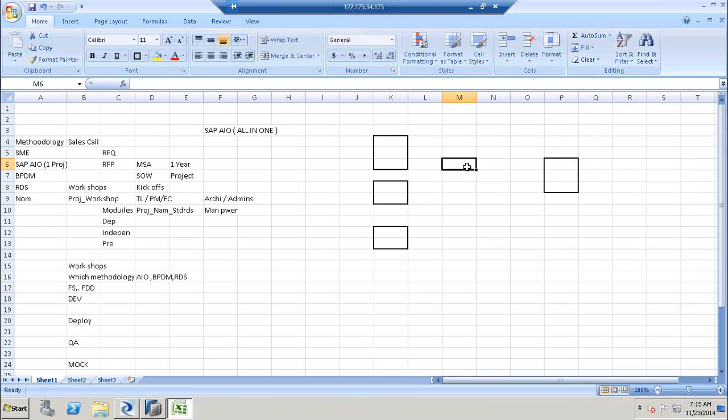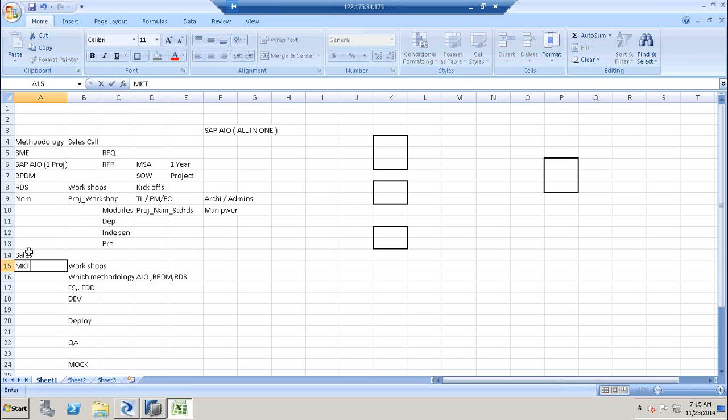Yeah, it's Bhargav. Now, based on the customer's project size, we will decide on which methodology, and per module here we call that an object. So we'll not call that a module, but we call this an object. So if it is a big project, we divide that into different streams. One is sales,